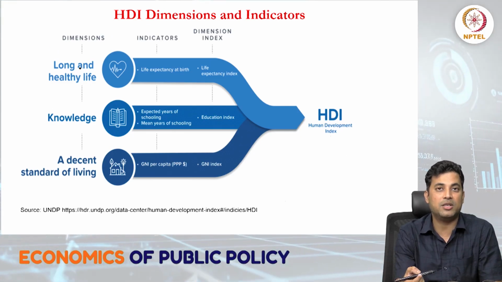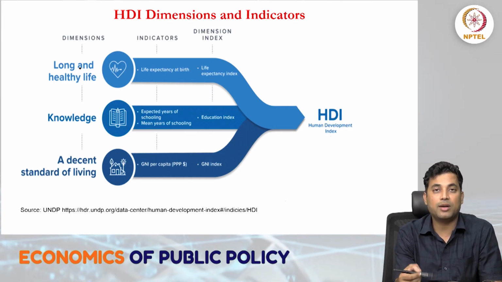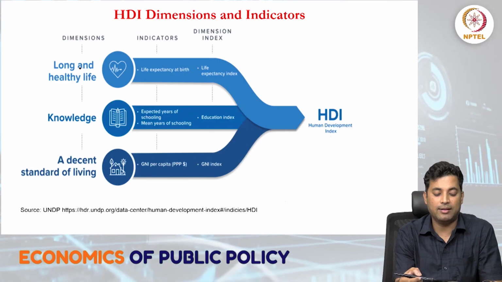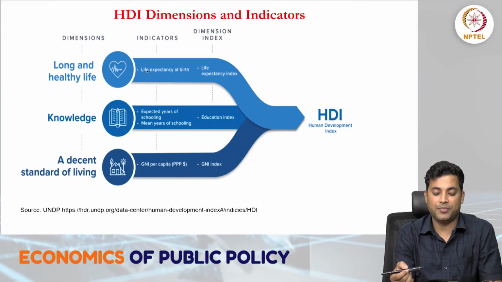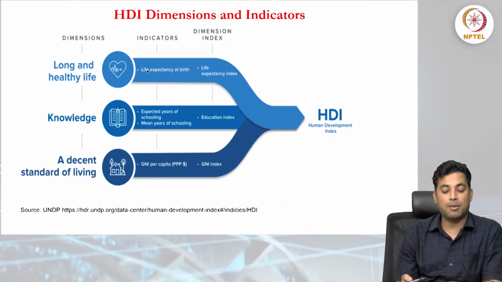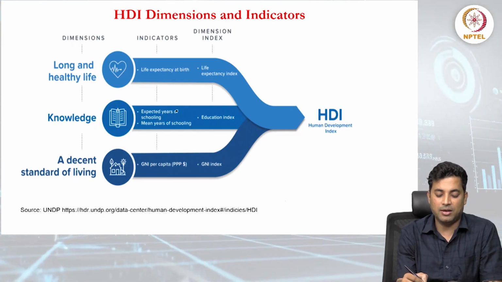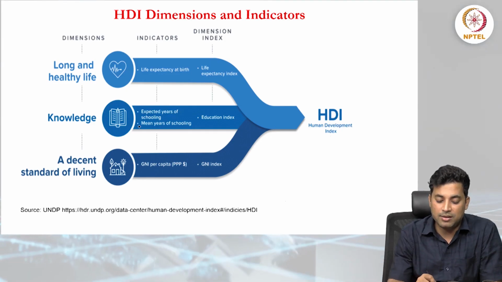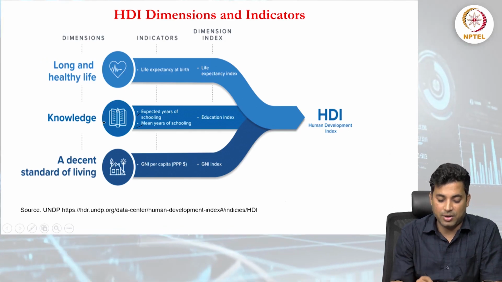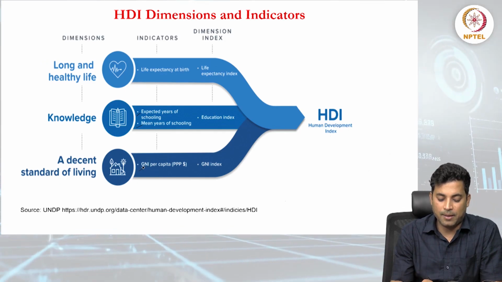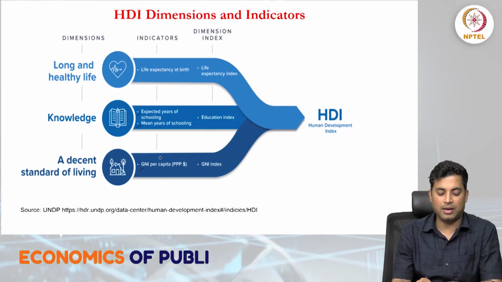These three dimensions are very important for any human being to live. Then, to understand the indicators: for a long and healthy life, life expectancy at birth is taken into account, and two sub-indicators are considered under knowledge. One is expected years of schooling, and the other is mean years of schooling. So there are two sub-indicators under education, and GNI, gross national income per capita, is taken under a